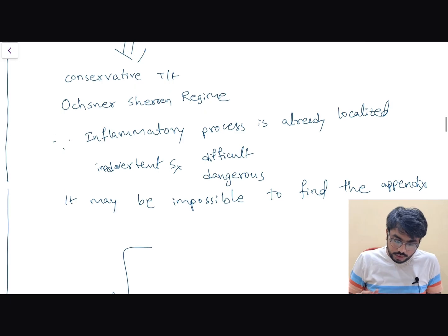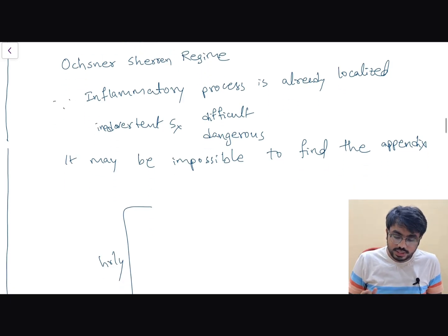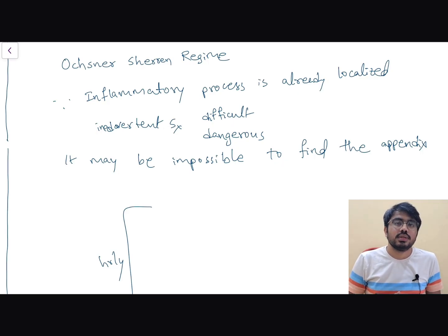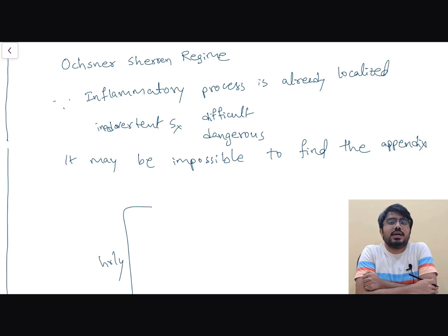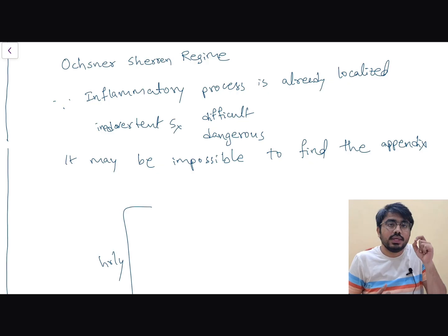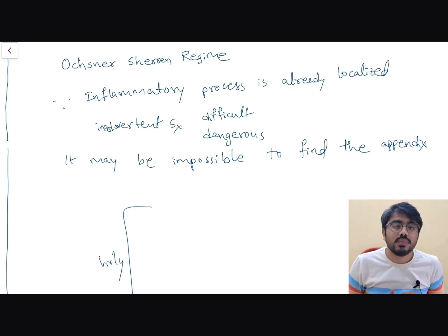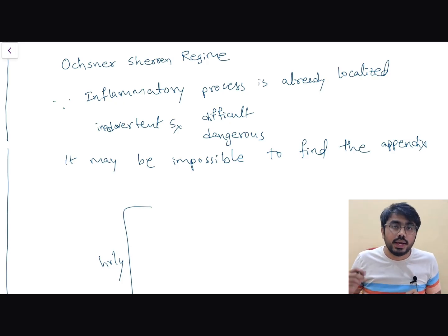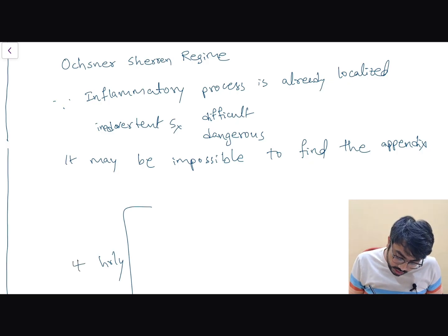Now, sir, you are telling conservative management, Ochsner-Sherren regime. What to do? Do I have to do simply sitting? No, I have to do conservative management. Means I have to do management, not just like sitting there in front of the patient and waiting. No, I have to do something. What should I do? Every fourth hourly,